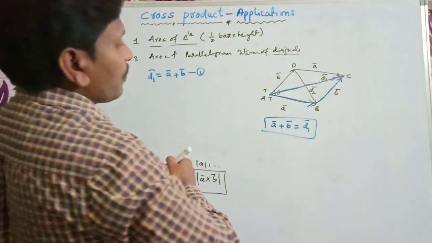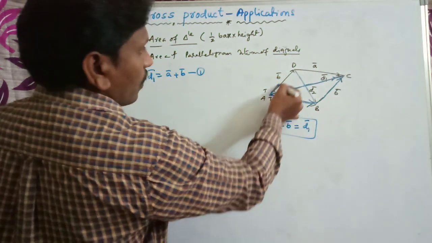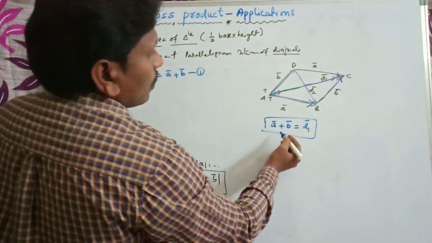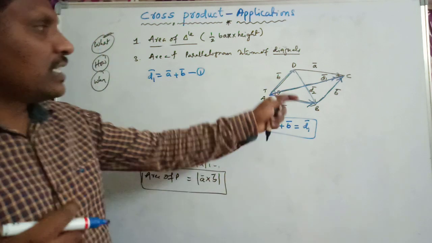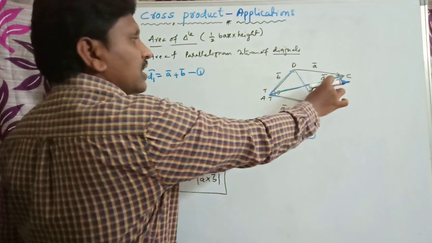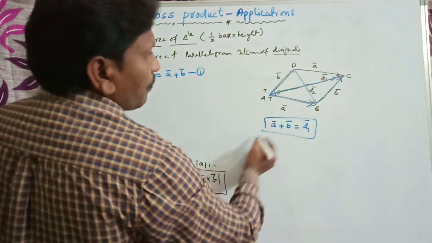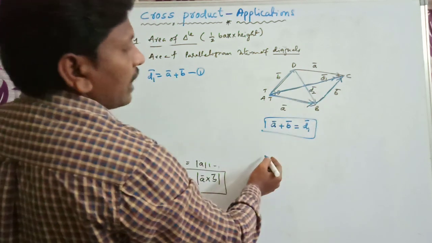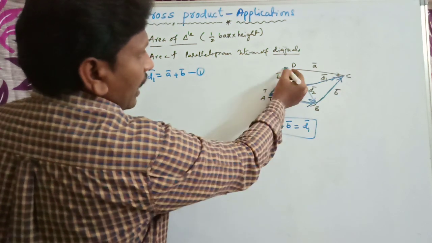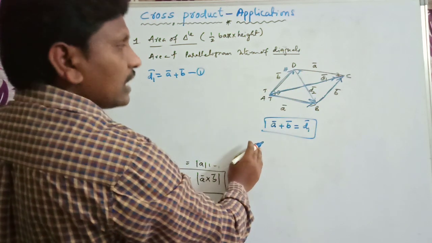Let us assume that. Now the second triangle, let us consider this, or we can consider this also, no problem. Anything we can consider. There are total how many triangles? This is a triangle, this is a triangle, this is a triangle, there are many triangles. So I am taking this triangle because there is a D2 bar diagonal. This is the direction and this is the direction. The head of the vector is added to the tail of the vector, that is the process.